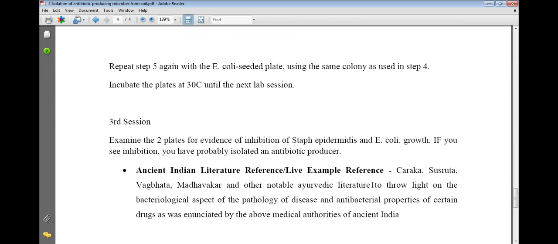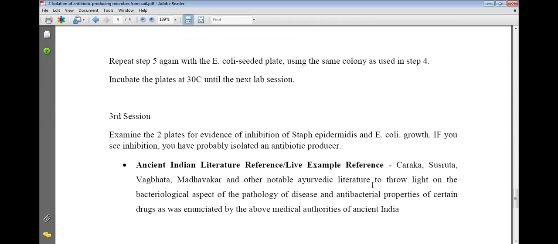Then, in the third session, we examine the 2 plates for evidence of inhibition of culture growth of E. coli, and we have isolated particular